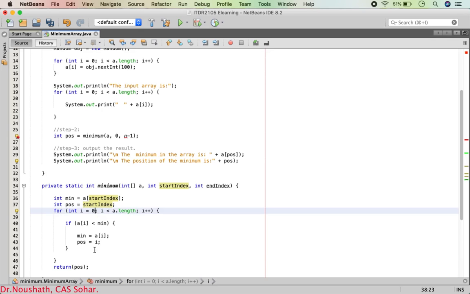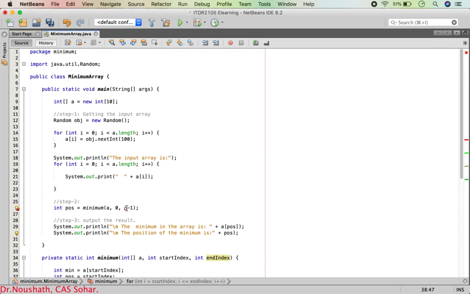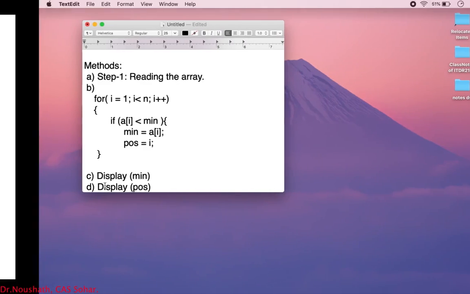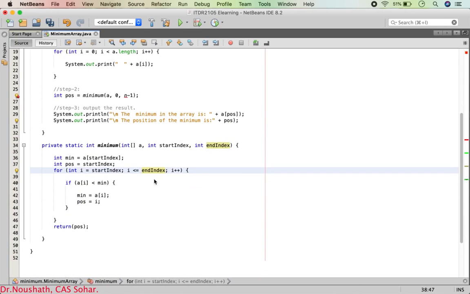What we need to do is we need to start comparing from position start index, and it can go all the way up to less than or equal to end index, because end index in our case is n minus 1. N minus 1 means here n minus 1 is 5. So if I say less than 5, it will stop at this point. It will ignore this ending index position. So I need to say less than or equal to ending index. Okay, so here I say less than or equal to end index,